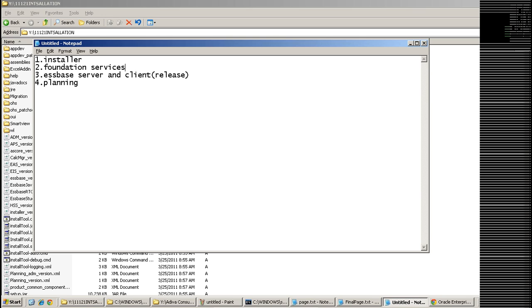Before that, once the foundation service is completed, you need to extract the additional content release, which I showed you at last. Once the planning is complete, you need to install the reporting tools like SmartView and Excel.